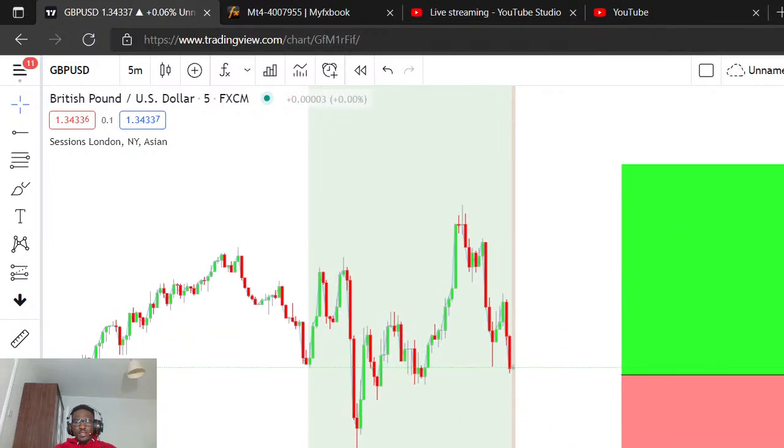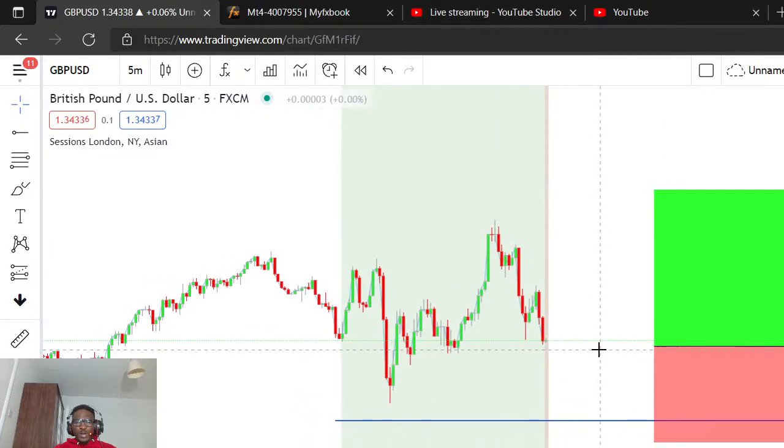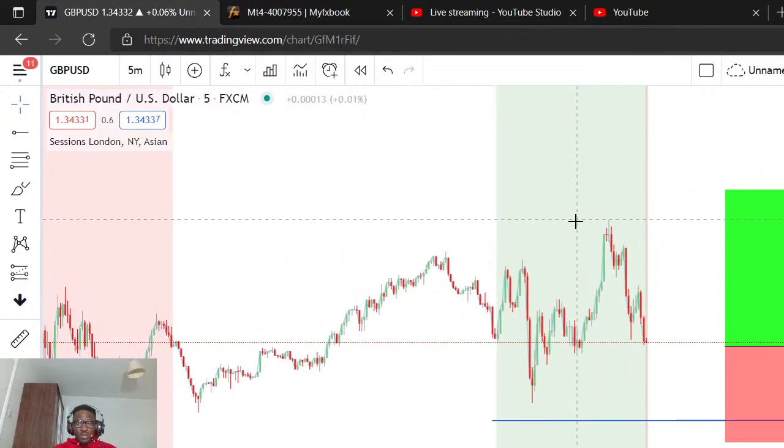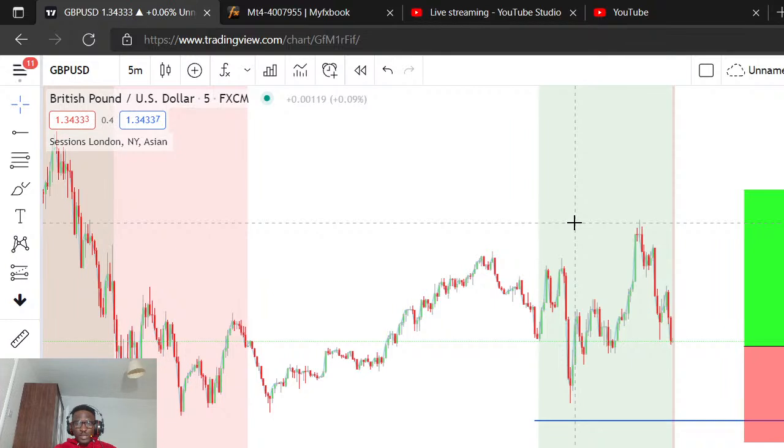So the expectation is obviously that at some point I expect this market to go back and make one more high. Even though, like I said, this market is on a massive downtrend, so the direction of the market is down. I know that, and one of you guys asked a question yesterday, saying if I know the trend is down, do I still take the trade?